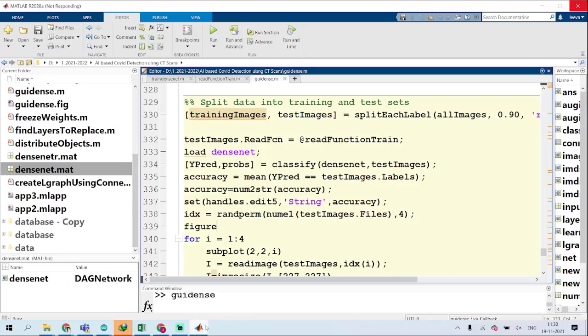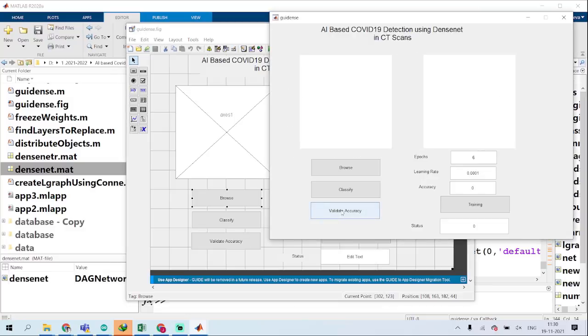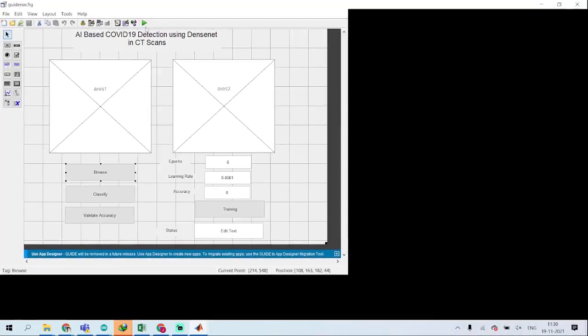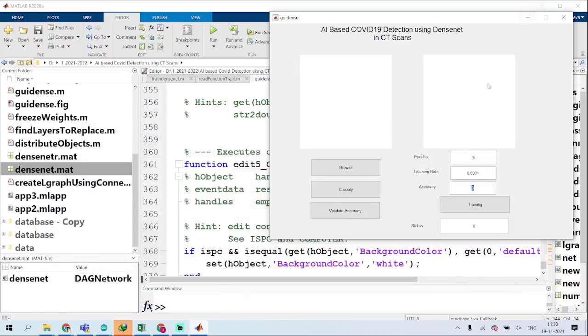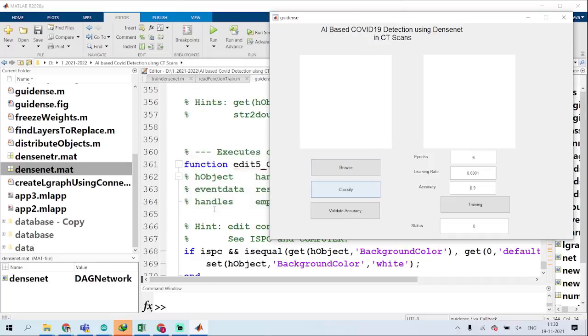You just click validate accuracy, and the accuracy of the program will be displayed here. It is 90% accuracy.